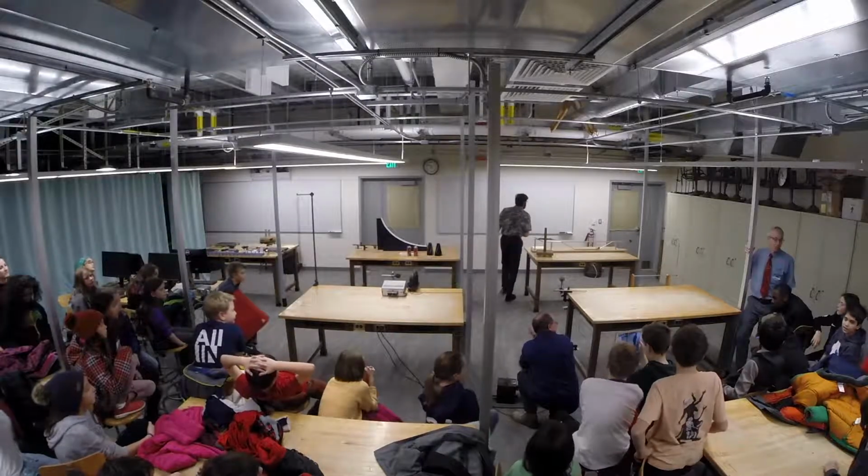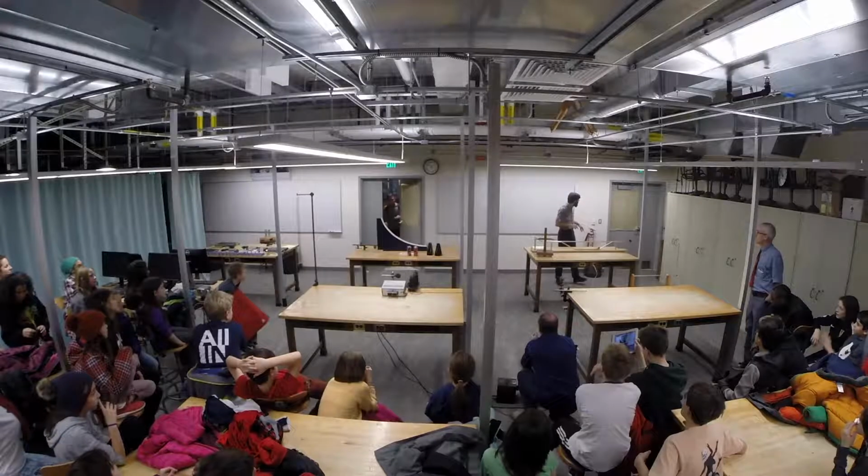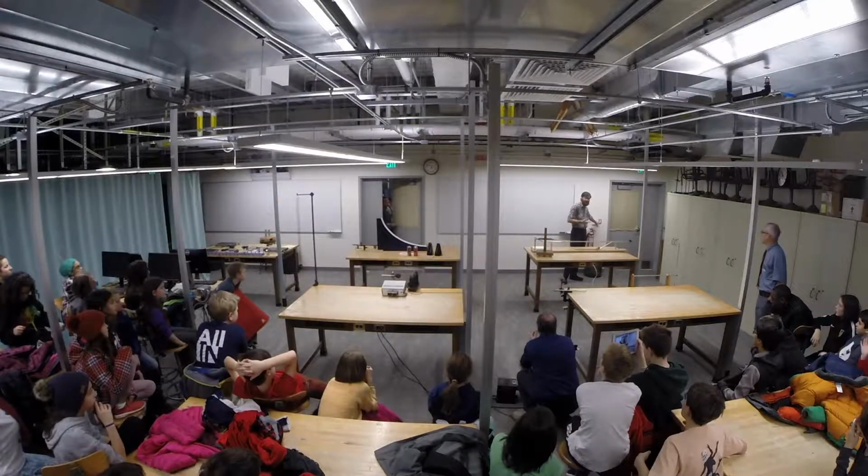Just like a guitar string. Now, if I touch it at a node, at a place that's not vibrating, it doesn't actually affect it because that part's not moving. But what I'd like to do...